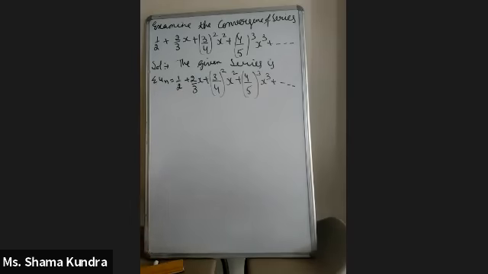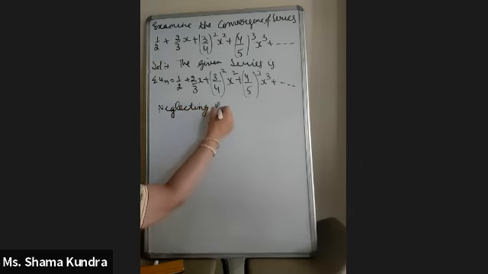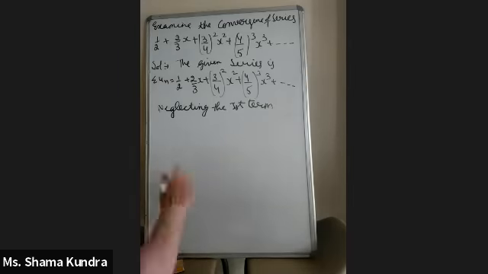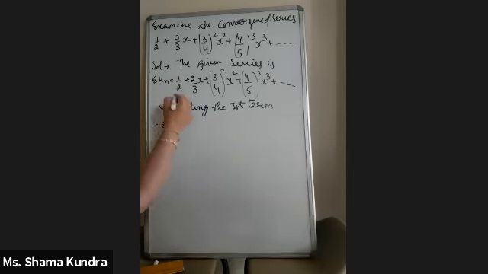Now see, the first term of the given series is not matching with the other terms of the series on account of symmetry. The power of the first term is 1, again the power of the second term is 1, then the third term is 2, and so on. So we neglect it. If we add or subtract in infinity, it does not get affected. So neglecting the first term, summation u_n is neglected. We get